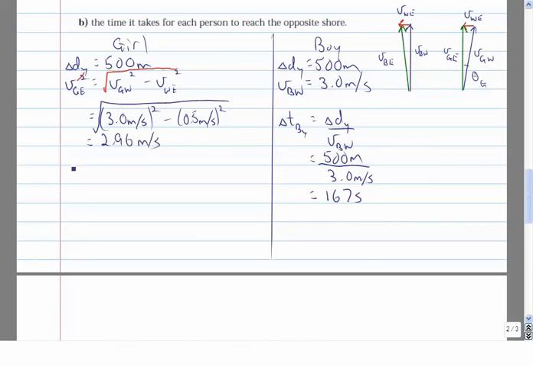So her time is going to be her delta y, just like the boy, divided by her y velocity, which is this v_GE. So that's going to be 500 meters again, divided by that 2.96 meters per second, and that's 169 seconds. That's what I get, 169 seconds. So it takes her a couple of seconds longer, but she's going to end up directly across the river, whereas the boy's going to end up down the river, and he's going to have to come back, which takes us to